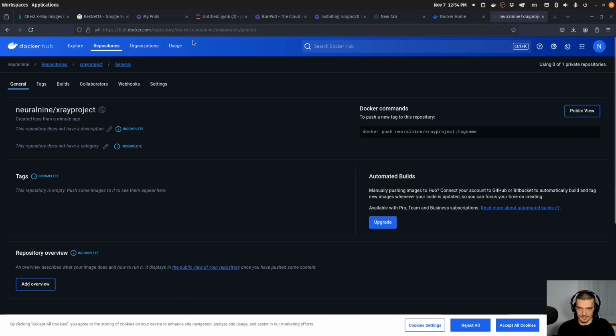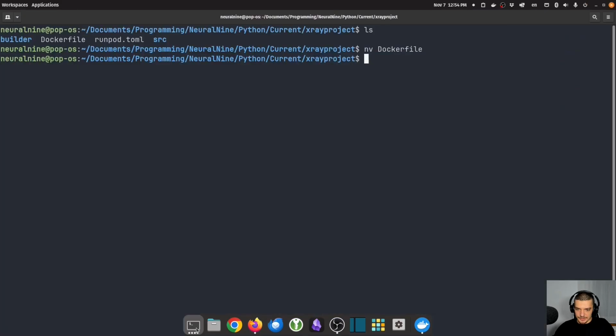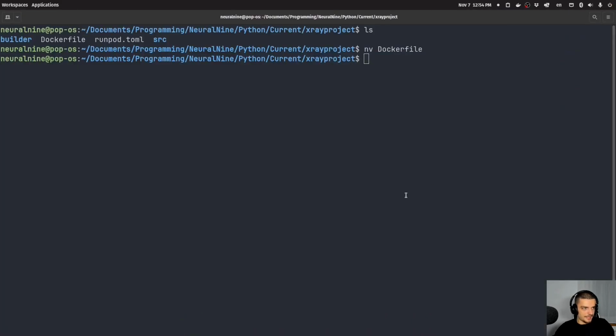And then I'm going to just pull it into RunPod to a serverless endpoint. That's going to be done quite easily. So let's see if my Docker engine is running. Seems like it is. So I'm going to be in that project here again where the Docker file is. And now I'm going to run the following command. I'm going to say docker build --platform